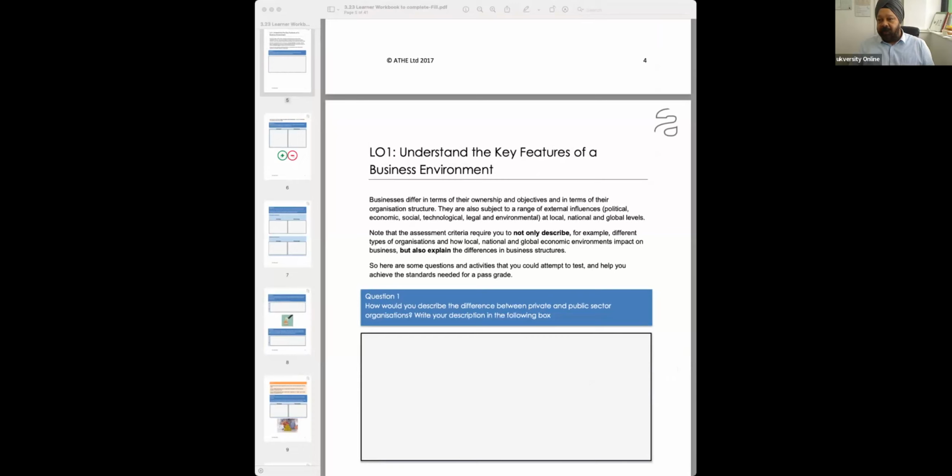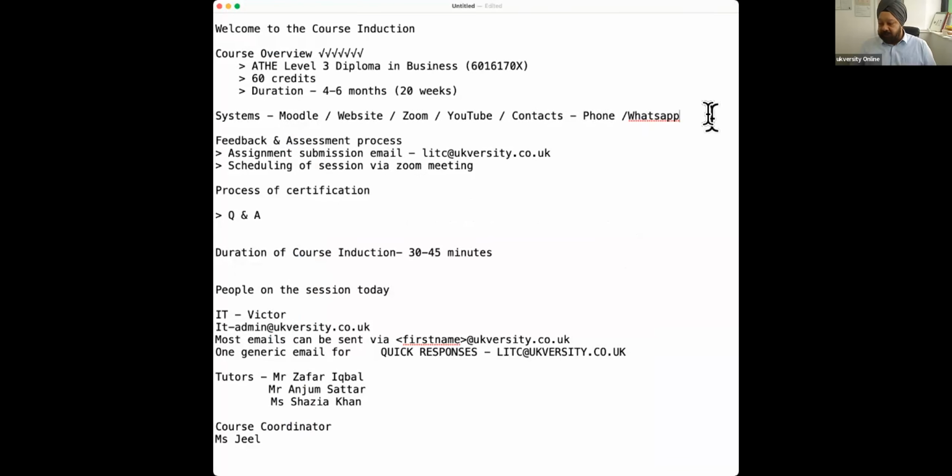Now, if I just switch you back quickly to the agenda, in terms of what we discussed and what we started with: you've seen the systems, and you have had an idea of how the feedback process would be done. We are looking at assignment submissions to be done on this email, which is litc@ukversity. Session scheduling: we are going to start off with teaching on Wednesdays and Thursdays, and these sessions would be 11